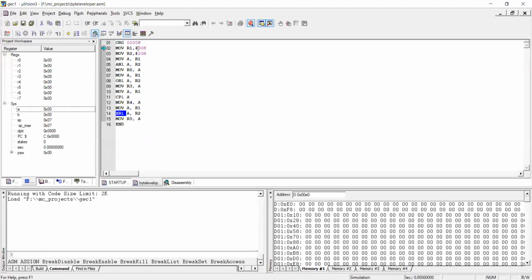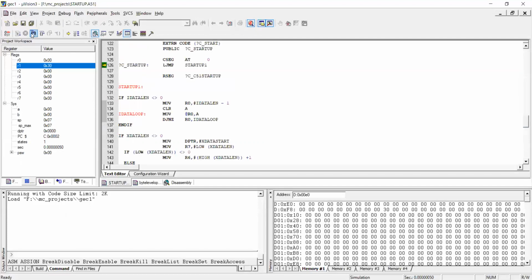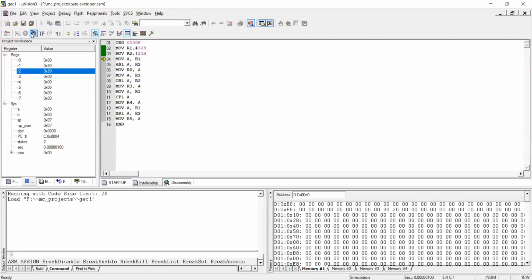We'll run this one. First, we'll move the immediate data 30H and 20H into registers R1 and R2. We'll move that content, and now we'll perform the AND operation. What does it say? Logical AND.